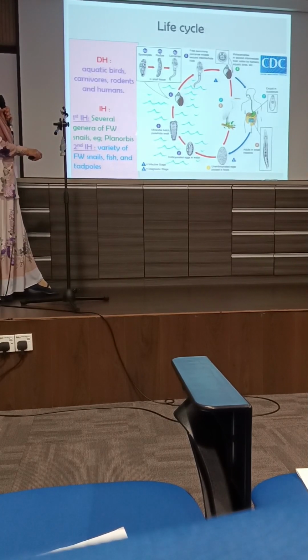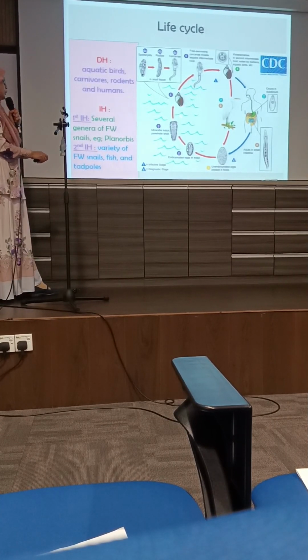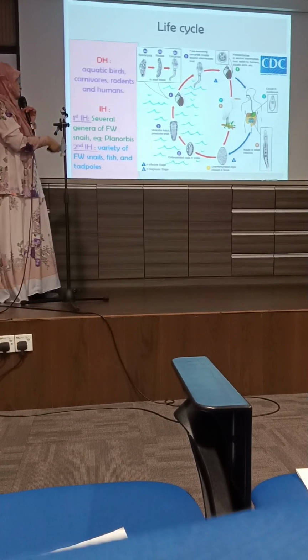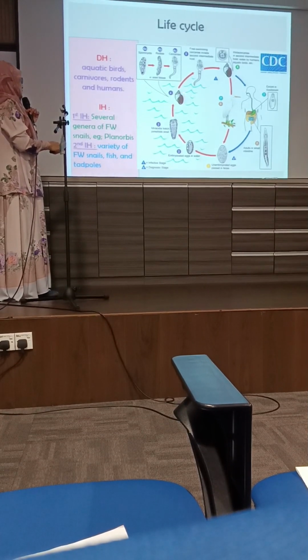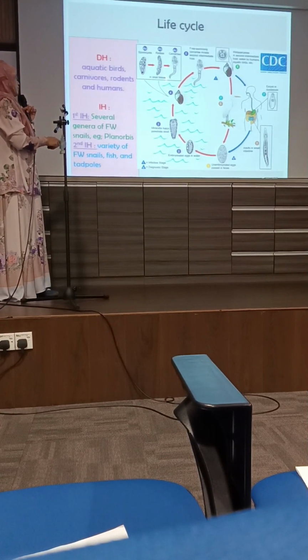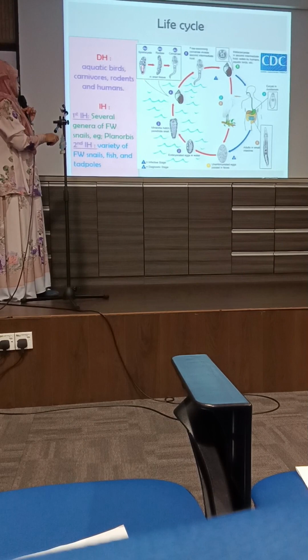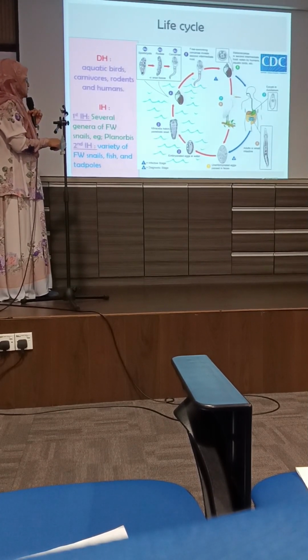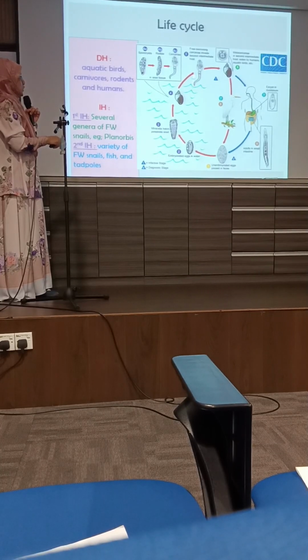Echinostoma dengan Fasciolopsis, Planorbis snail. So Planorbis snail tu dia akan invade the flesh of the snail tadi, soft tissues of the snail. Then inside the soft tissues of the snail, there will be developmental changes from Miracidia to Sporosis to Rhidia to Cercaria. Then the Cercaria will leave the first intermediate host and swim in the aquatic environment, try to find second